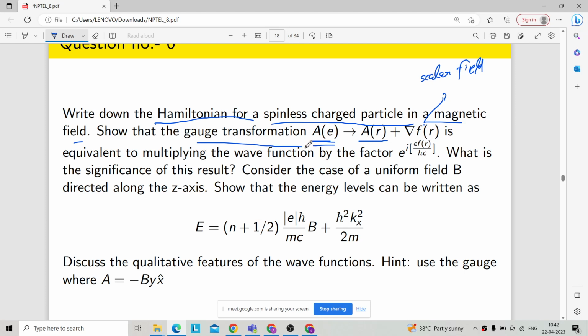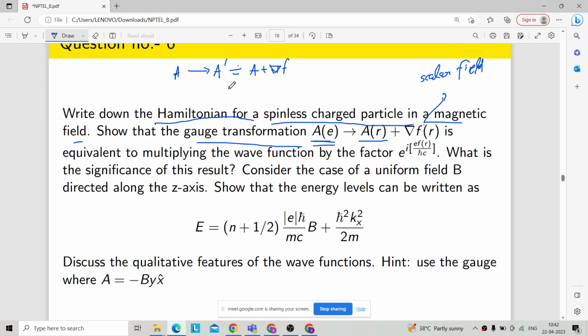So it's saying that we have to show that due to this gauge transformation, A going to A prime, which is equal to A plus gradient of f,